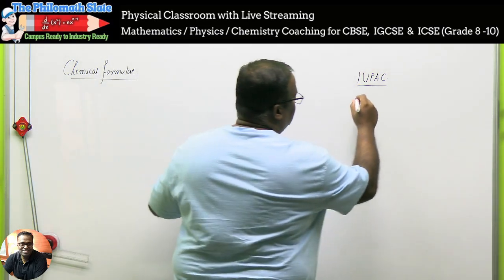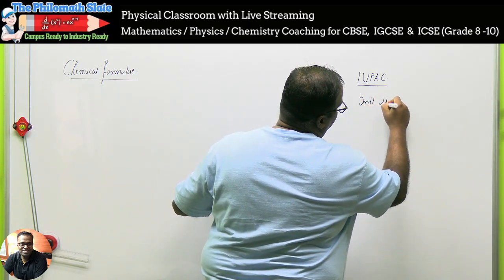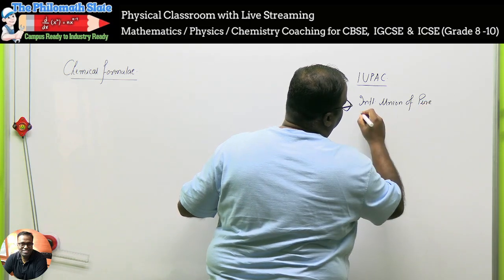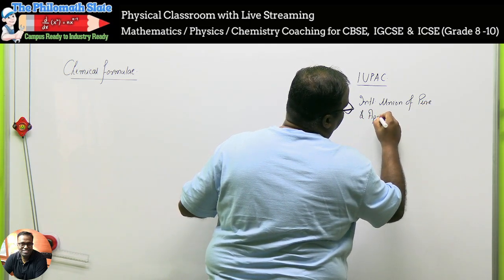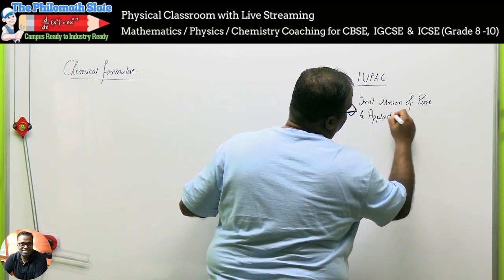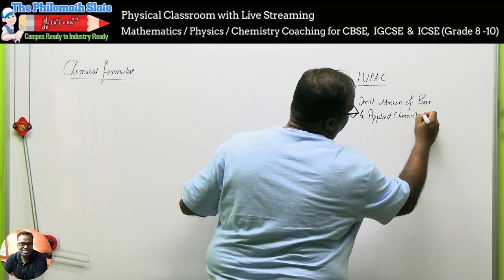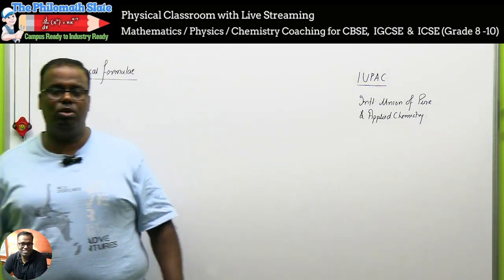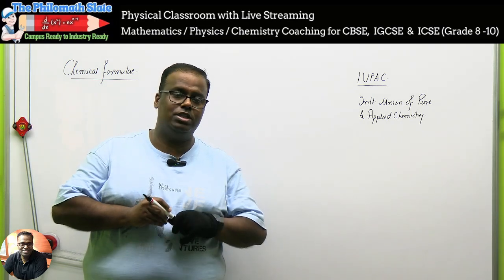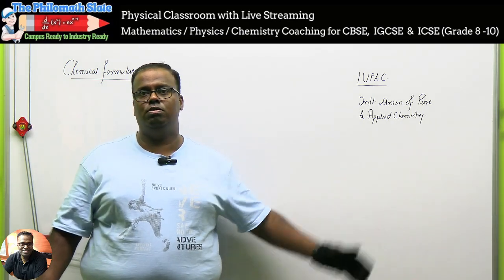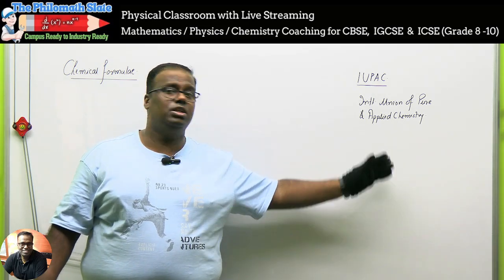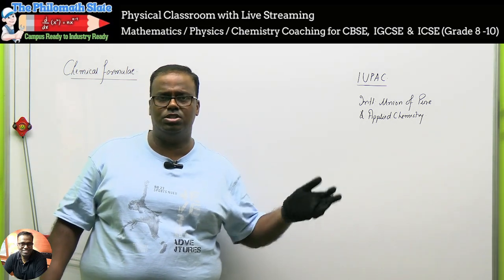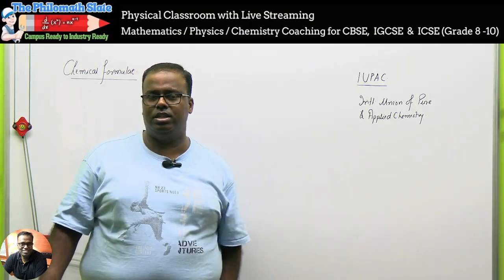IUPAC stands for International Union of Pure and Applied Chemistry. Unlike physics, chemistry is very, very vast. So if you do not follow a code, it will be very difficult for you to spread your knowledge to somebody, or to accept knowledge that somebody already has. So what we follow is always known as International Union of Pure and Applied Chemistry, and they'll have rules for naming compounds, organic chemistry, everything. They're like a body, okay? And they set the rules for how things have to happen.